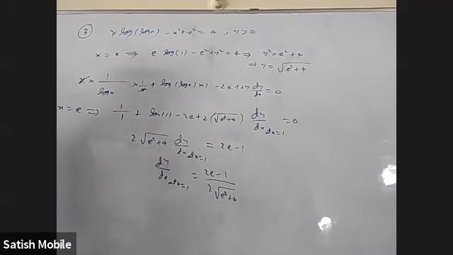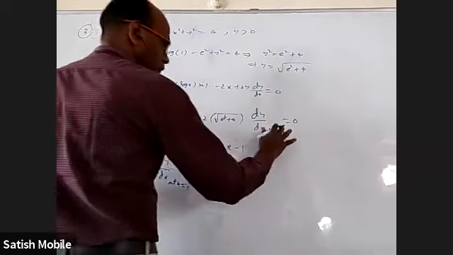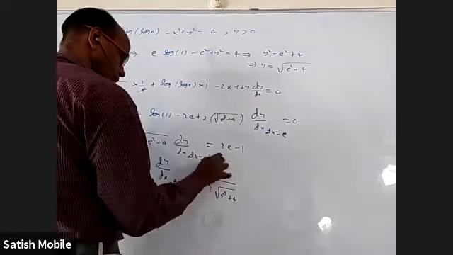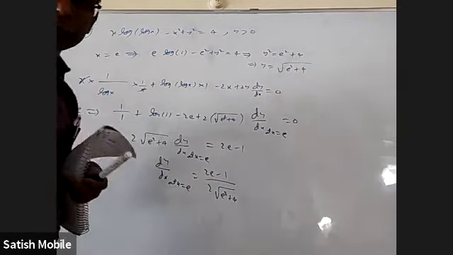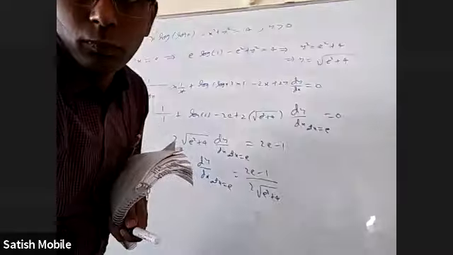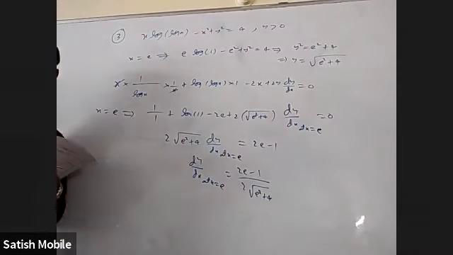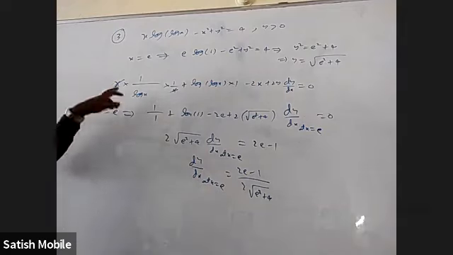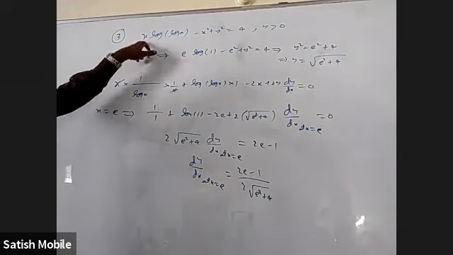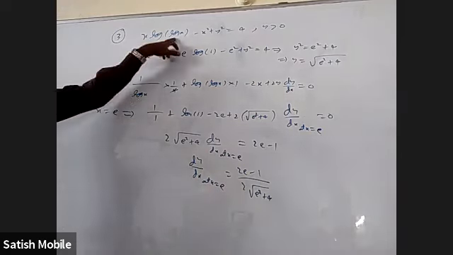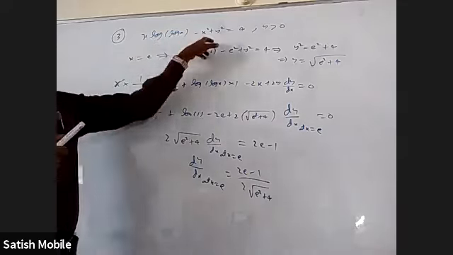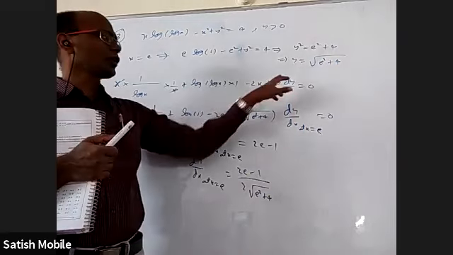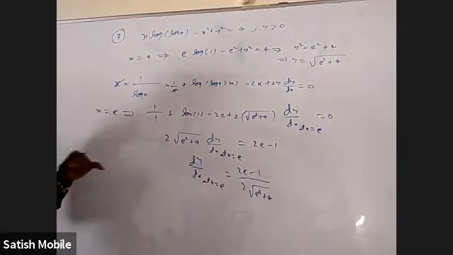Okay, basically the question here is they wanted dy by dx at x equal to e. If I directly differentiate what is given, product rule: x into derivative of this is 1 by log x and derivative of the inner part is 1 by x. This into derivative of x is 1. x square derivative is 2x and y square derivative is 2y dy by dx. They wanted dy by dx at x equal to e.